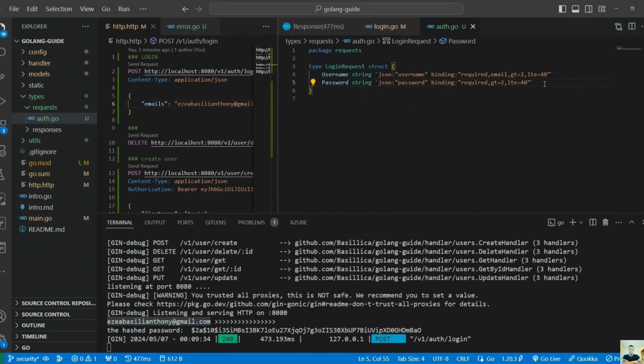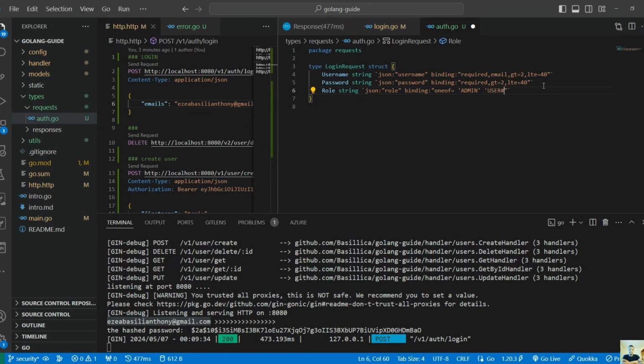And so apart from that, if you also have a field, let's say something that says maybe role, and this is again, let's say of type string, so we can pass the JSON parts, we can call this role. And when it comes to binding, what we have to do now is we have the option of using something like, we can say one of, and we'll put equal to, and now we provide, so if there are things like maybe admin, and there is also one that maybe say something like user,